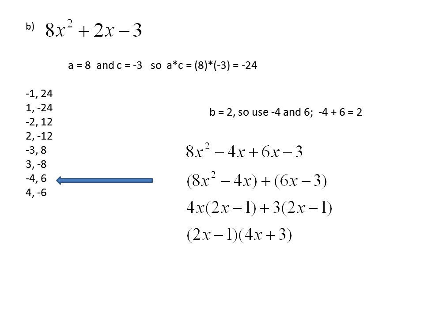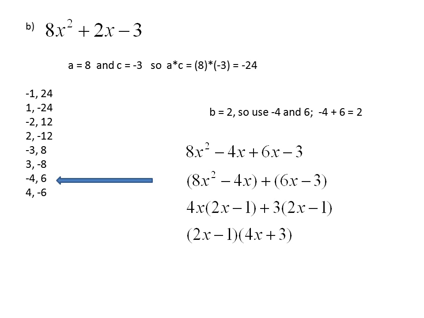8x squared minus 4x have a 4x in common, and when we factor it out, we're left with 2x minus 1. 6x minus 3 they have a 3 in common, and when we factor it out, we're left again with 2x minus 1, which is perfect because that's exactly what we need to see in order for factoring by grouping to work. Since both of these groups have a 2x minus 1 in them, our last step is to factor that 2x minus 1 out to the front,